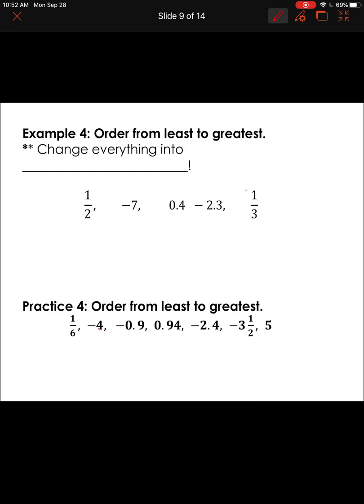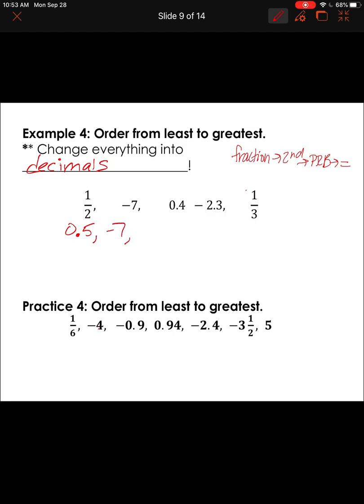All right, so then we're going to order some numbers. So in order to order these numbers, we need to change everything to decimals. Okay, this is the easiest way we can compare numbers is in decimal form. Okay, so we're definitely going to use our fraction, second PRB, second equal sign. Okay, so if we have 1/2, 1 ABC 2, second PRB equals 0.5.